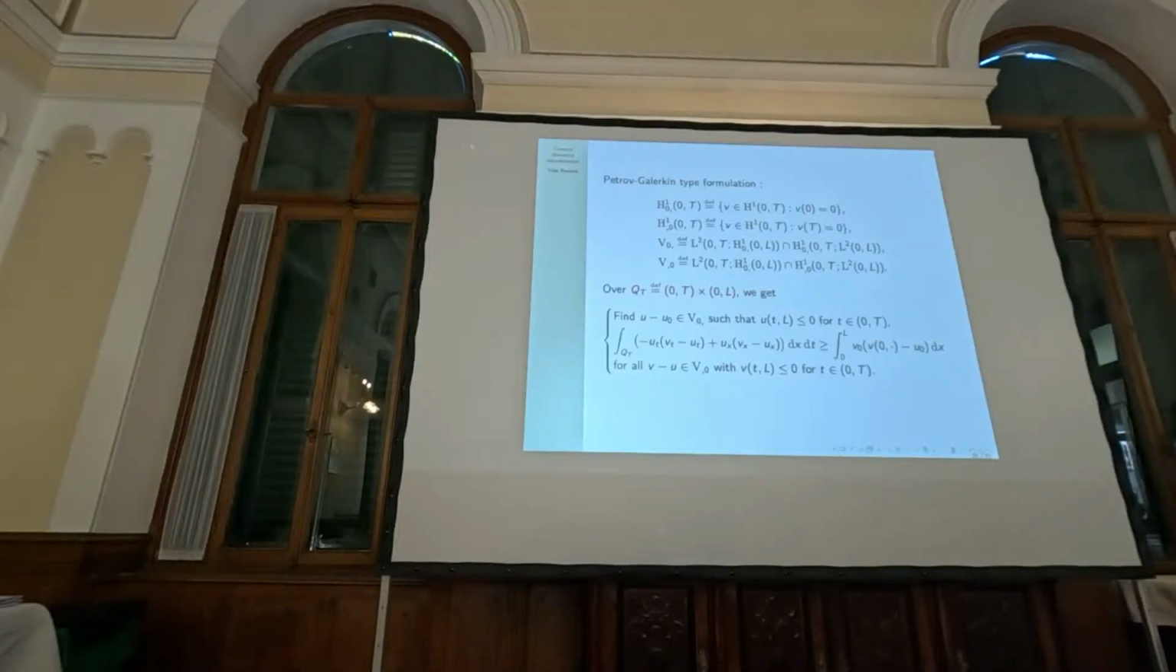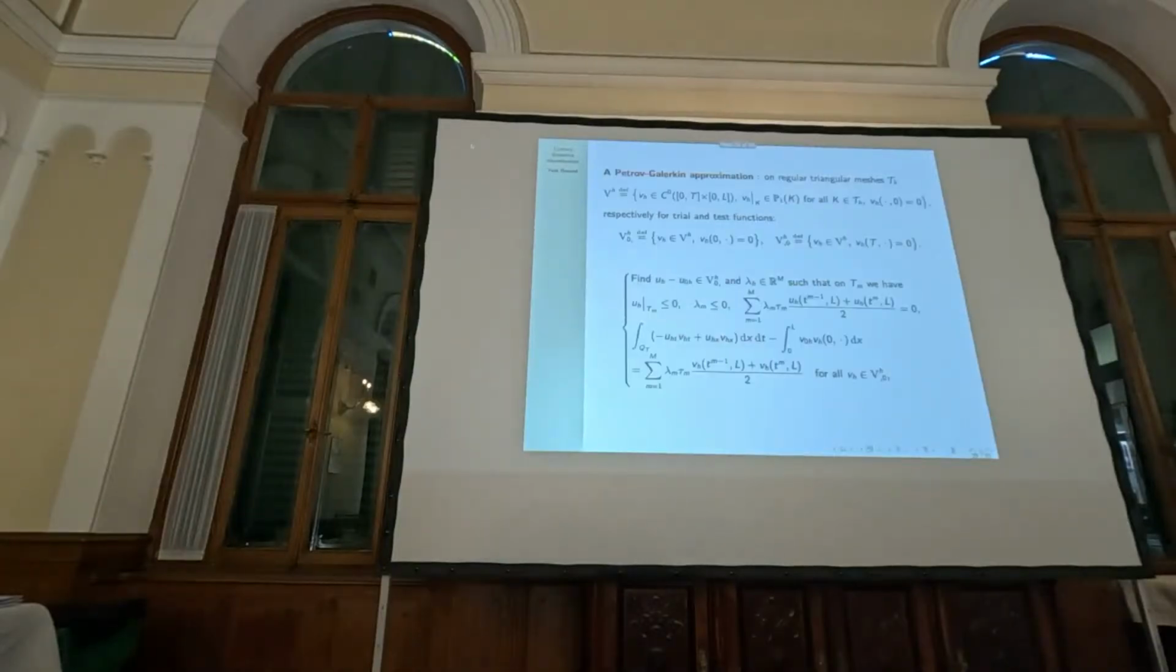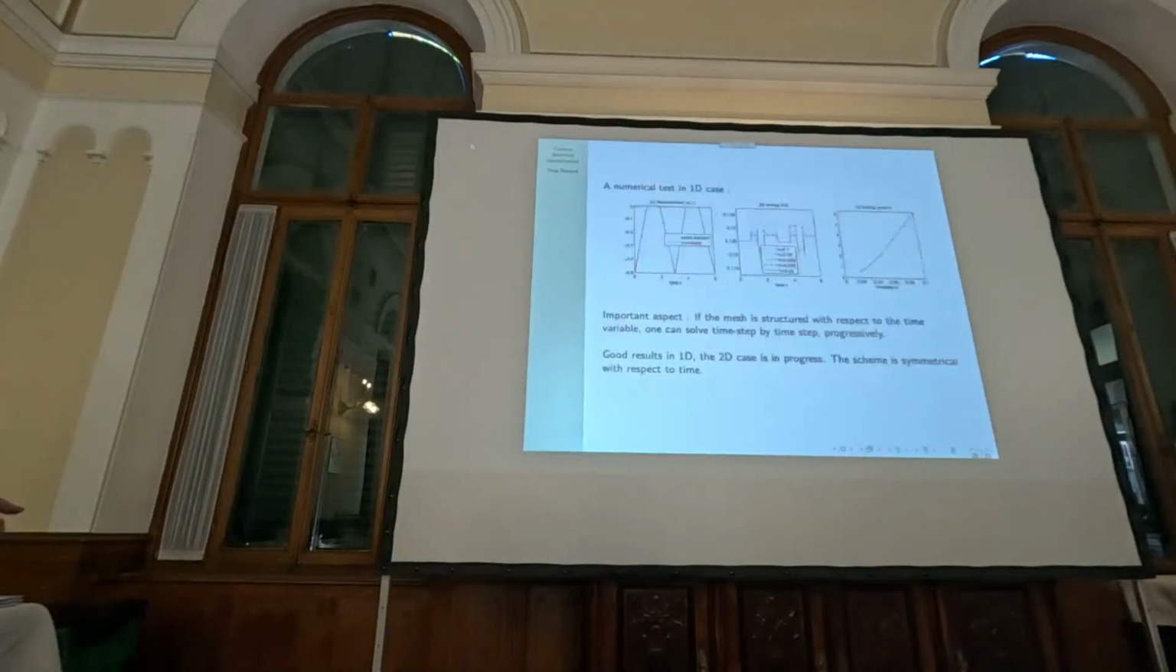This is this formulation, but why is it called a Petrov-Galerkin? Because the space for test functions is not exactly the same as the space for the primal variable. And it's possible here to derive some finite element approximation of this. For the moment, we are in a 1D problem, and it's not so bad, but not very